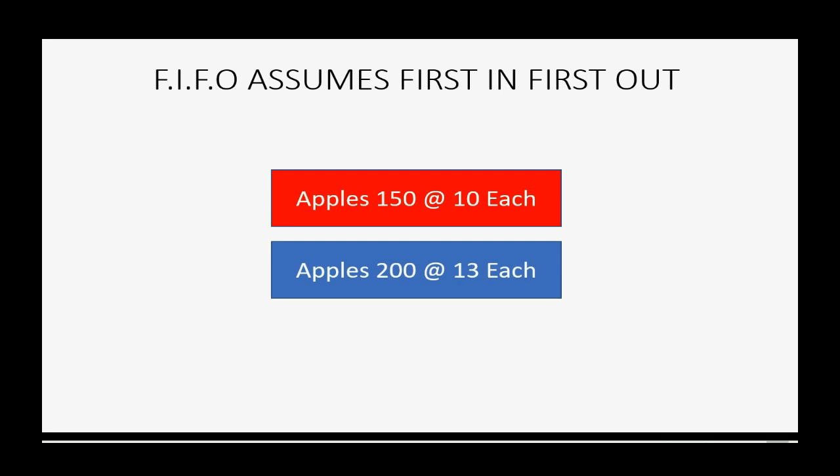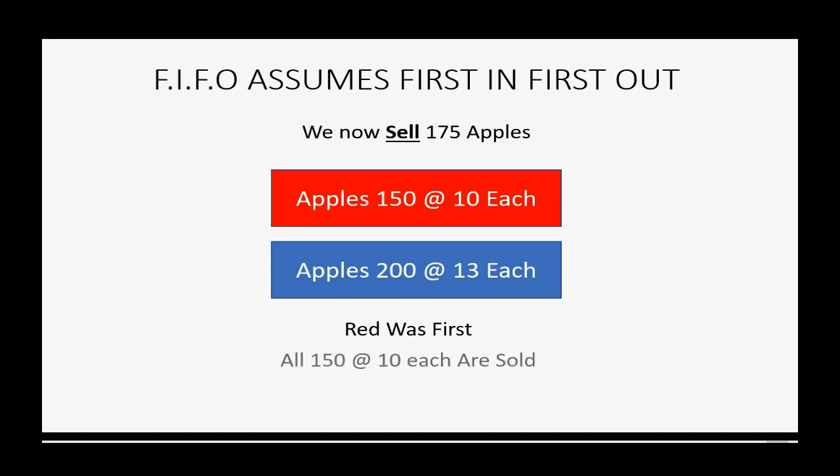Well, that's fine. We now have 150 at $10 and 200 at $13, and you could multiply and figure out what the cost of inventory asset is. However, let's imagine now that we sell 175 apples. Remember, the first ones in are the first ones out. So if red was first and we sold 175 apples,